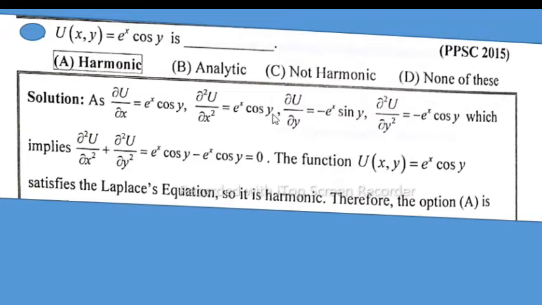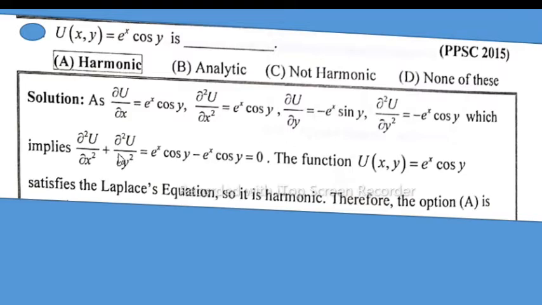Next, partially differentiate with respect to y. So ∂u/∂y is equal to e^x times the derivative of cos y, which is minus sin y. Again differentiate with respect to y, that is ∂²u/∂y² is equal to minus e^x, partially differentiating with respect to y, so the derivative of sin y is cos y. So ∂²u/∂y² is equal to minus e^x cos y,